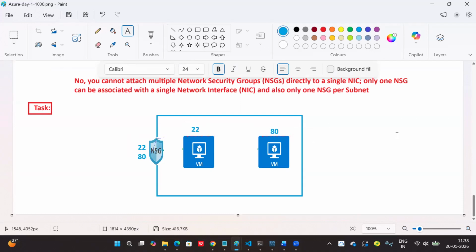So you can create separate NSGs, right or not? Here a separate NSG enabling 22, here also a separate NSG enabling 80. But with one NSG, how do we manage multiple servers? In AWS, we have security groups, right? NACL allows, security group allows, block means it will not allow, right or not? But in Azure, how? Clear? One NSG